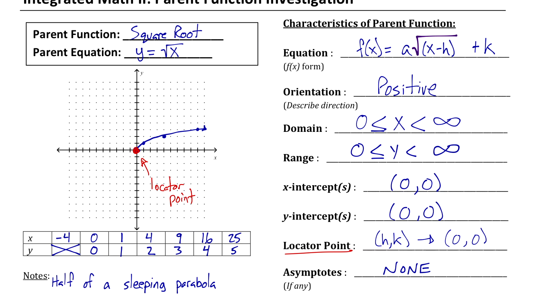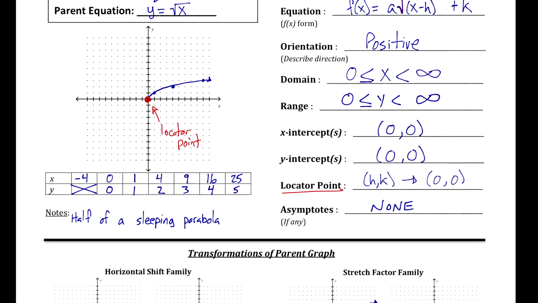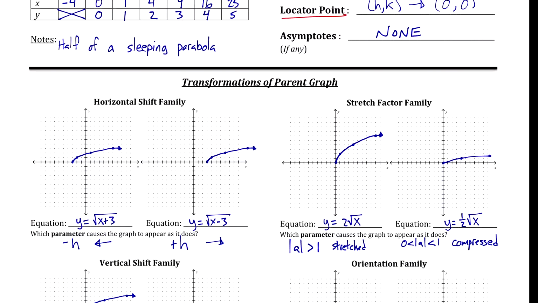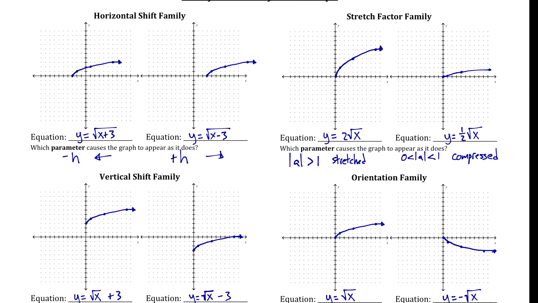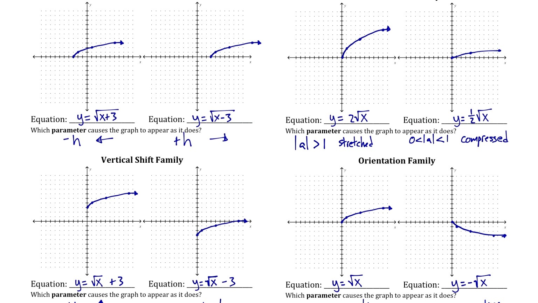All right, in this case, our x and y intercept are both at the locator point, and there are no asymptotes. All right, so here are all the transformations in case you need to see these. It's the same idea as the previous function. You should notice I literally took this same